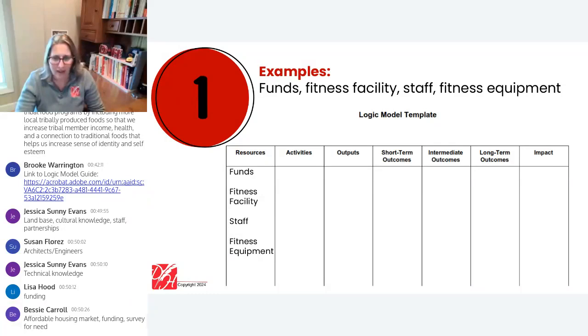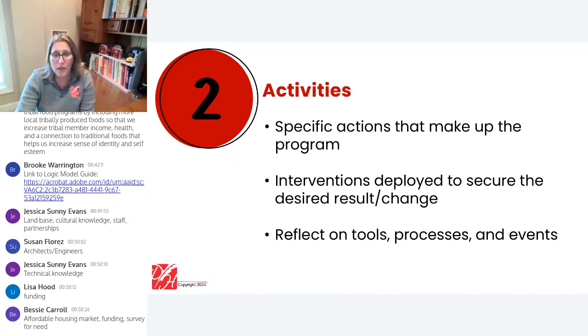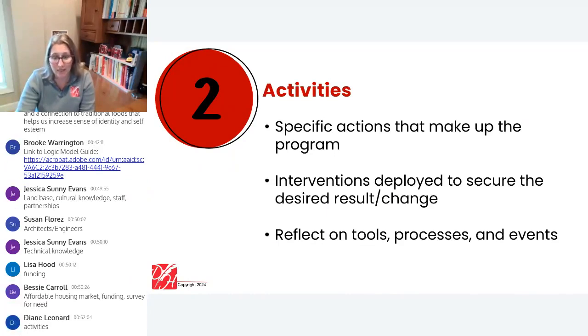Okay, now I should start to put headings in the chat box for you so you know what you are responding to. So the first one was our resources or our inputs. That means we're going to move on to activities. And when we think about activities, what are they? The specific actions that make up the program. Perhaps you might want to call them interventions. It could be a process that you're putting in place. It could be an event, a class, a series of classes, some sort of performance, some sort of collaborative meeting series.